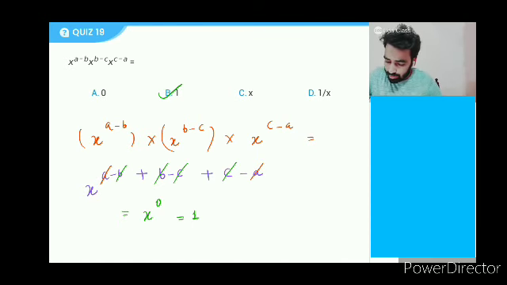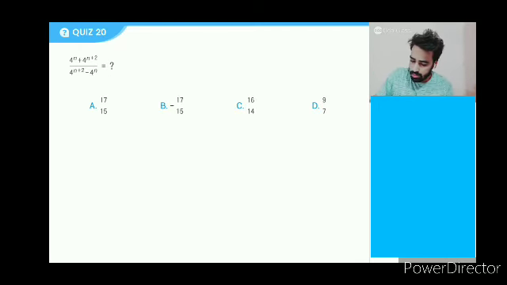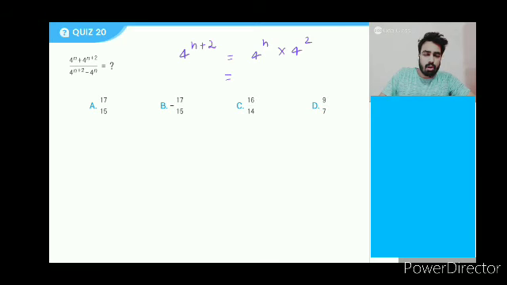There was one more question like this. There were a few more questions like this. Not this one, this one. That is 4 power n plus 4 power n plus 2 divided by 4 power n plus 2 minus 4 power n. How can we solve it? Okay. So for solving this type of question, you need to understand that 4 power n plus 2 is equal to 4 power n into 4 power 2. 4 power 2 is 16. So this is 16 into 4 power n. You can apply the first law. How many of you know this thing? 4 power n plus 2 is 4 power n into 4 power 2.